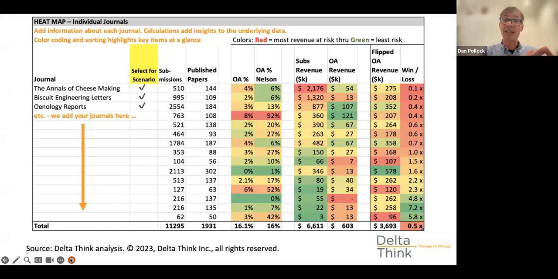And then we can take that and convert it into what it means in terms of money. If we look at the amount of revenue coming in for subscriptions, for a publisher, we can plot that out and color code it. And then finally, we can take a view of current open access revenue and color code that. What we've done for the revenues is put the highest subscription revenue at the top and sort the whole table based on that. So you can see the red subscription revenues at the top there. That's the stuff that's most at risk, the highest amount of money coming in for subscriptions, working down the column.